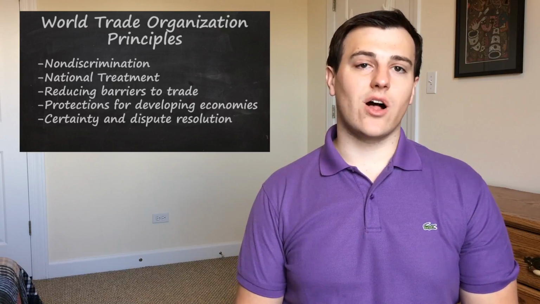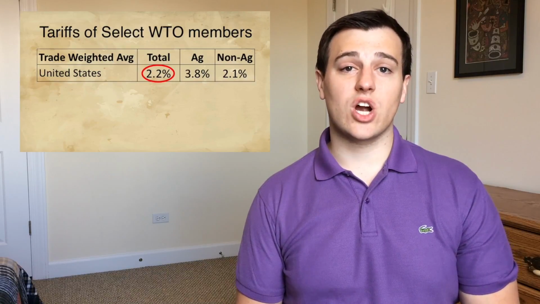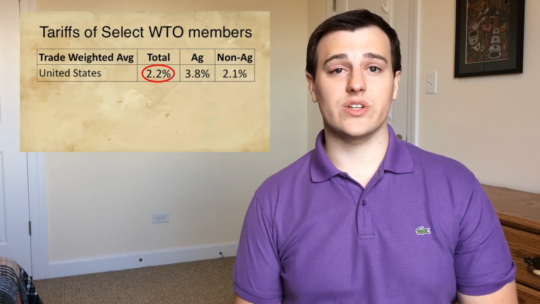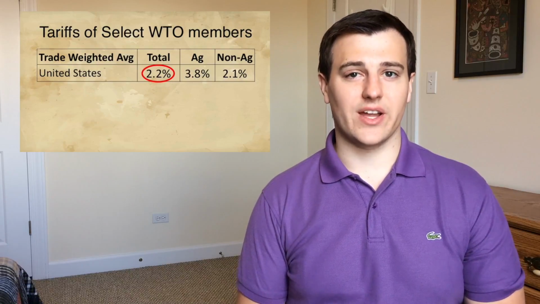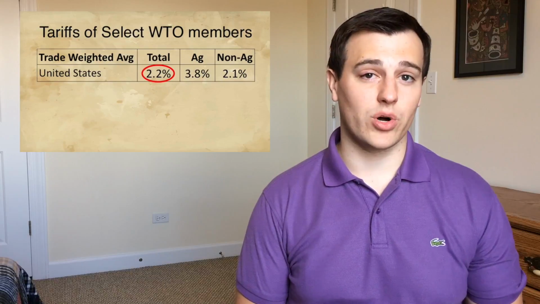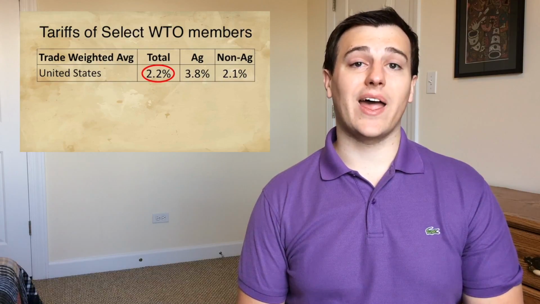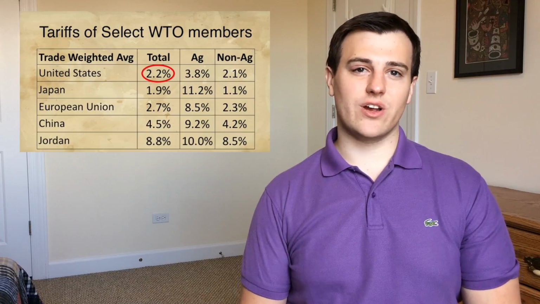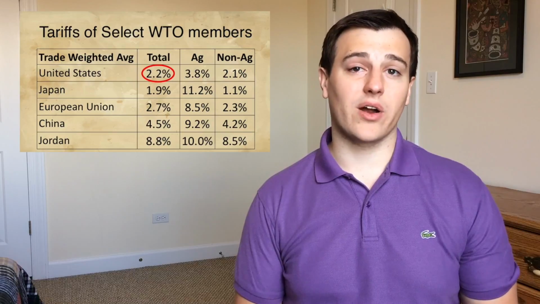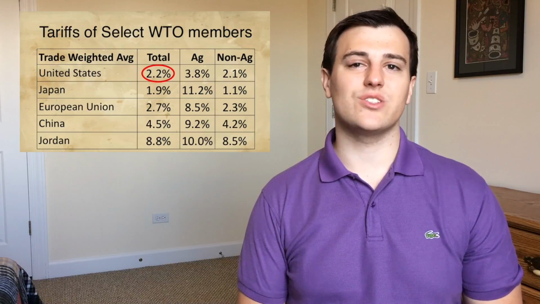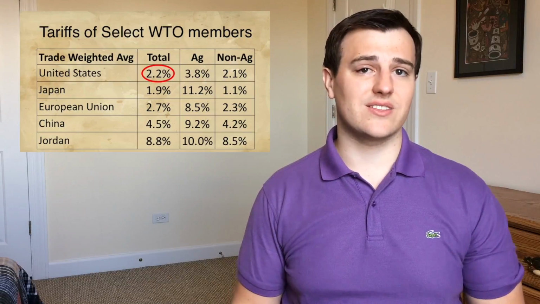So, what does this all mean for America specifically? Well, here are the tariff rates that we charge other WTO countries to import goods into the United States. The US has a weighted average tariff rate, that's the tax we charge on inputs, of 2.2%, but keep in mind the rates vary by individual product. Our average tariff rate is at the low end of all WTO nations, but in the same ballpark as other members with developed economies, usually in the range of 2% to like 3.5%.